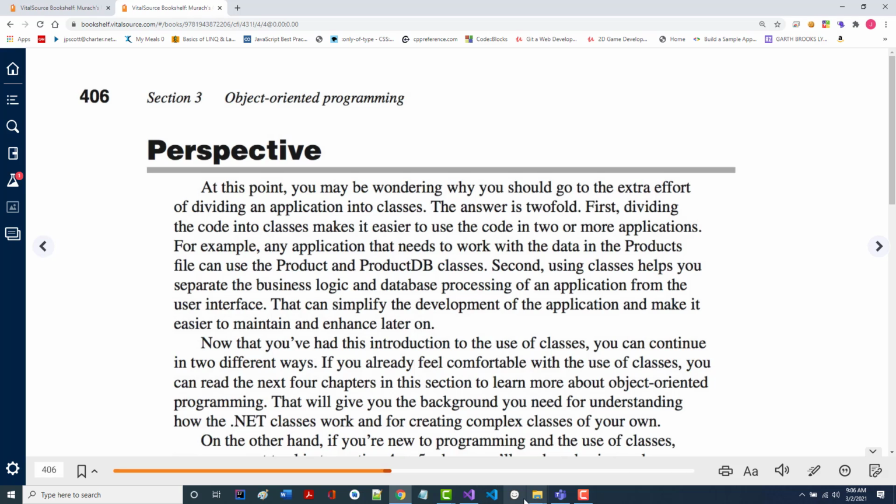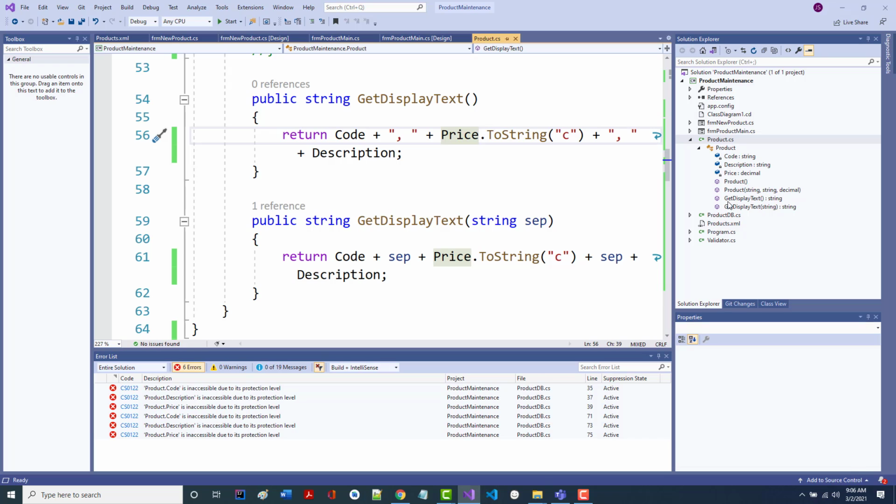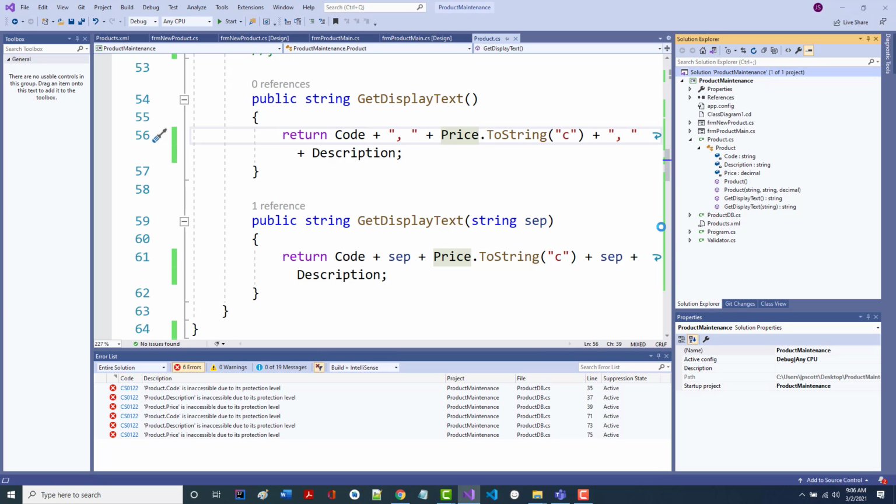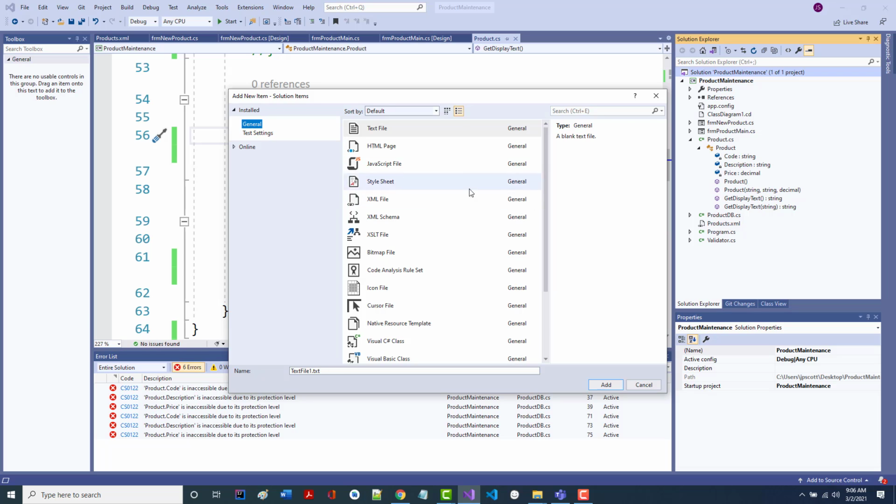In fact, if you look on the screen, if I right mouse click on here and I choose add and I go to new item, what you'll notice is there's nothing special. Most of the stuff that's in here we've talked about. I mean, it's a text file and an HTML file. This is all stuff if we were doing web stuff, and we're not.